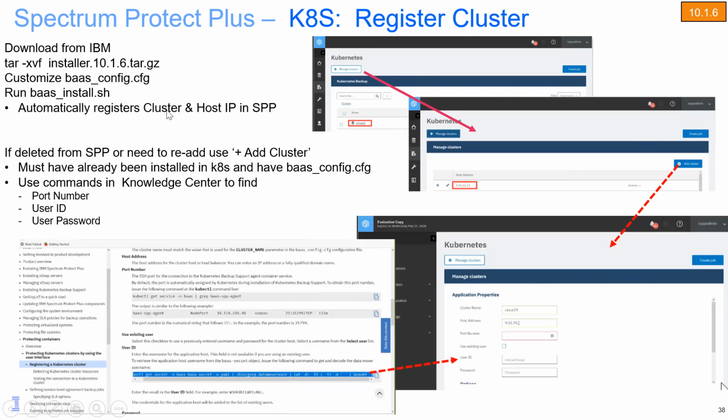So the first thing you have to do is download and install from IBM the Spectrum Protect Plus Kubernetes portion of the code. Once you download that from IBM and untar it, you're going to customize the bas_config.cfg file inside of Kubernetes and point it, for instance, to the Spectrum Protect Plus server, give it some server admin IDs, specify the cluster you want to back up, and so forth. You're then going to run bas_install.sh against that bas config file,